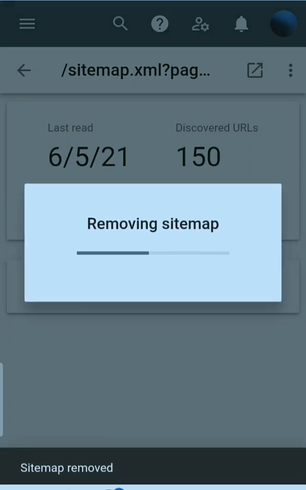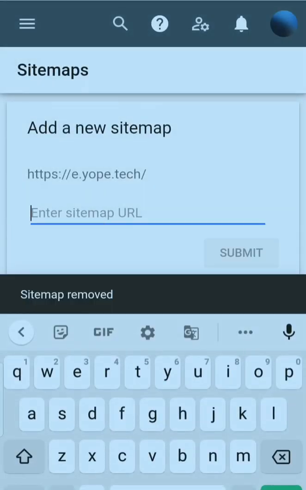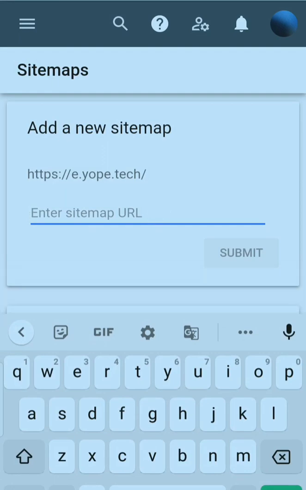So just remove them and submit a new one using this feature. All your old URLs will be excluded from the Google bots' list, and only the fresh new URLs that are currently on your site will be fetched by Google.